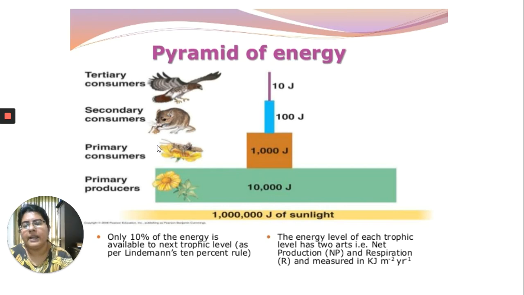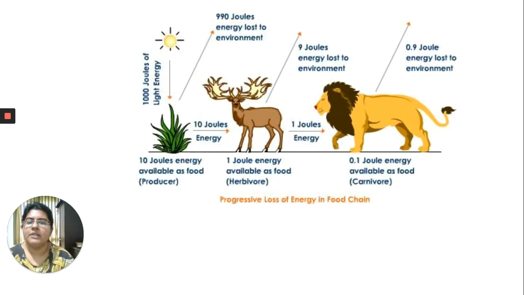Now, these insects, butterflies, and all will come and feed on different parts of these plants. And when they feed on them, they get only 10% of the energy that the plants have. Because while feeding, also, a lot of energy is lost in the form of respiration and heat. Now, suppose a mouse feeds on these insects, the mouse will only get 10% of the energy in the insect. So, as you go higher in the trophic level, what do you notice? 10% of energy is only passing into each trophic level, and the remaining 90% is getting lost as heat and respiration and other wastes.